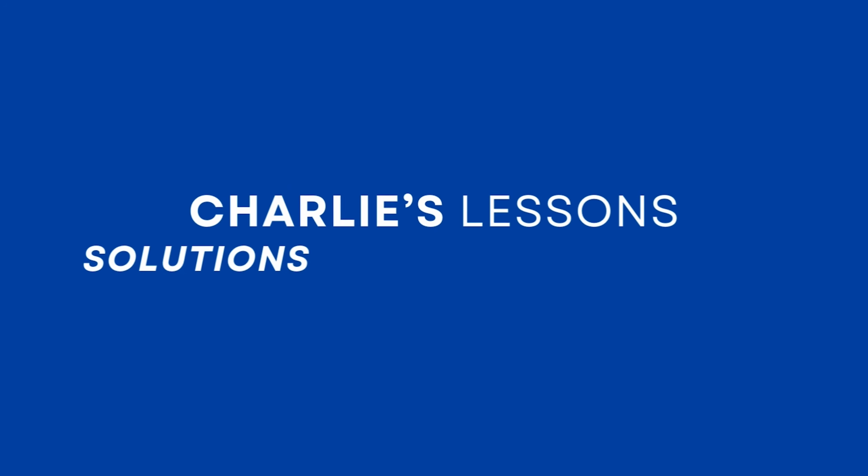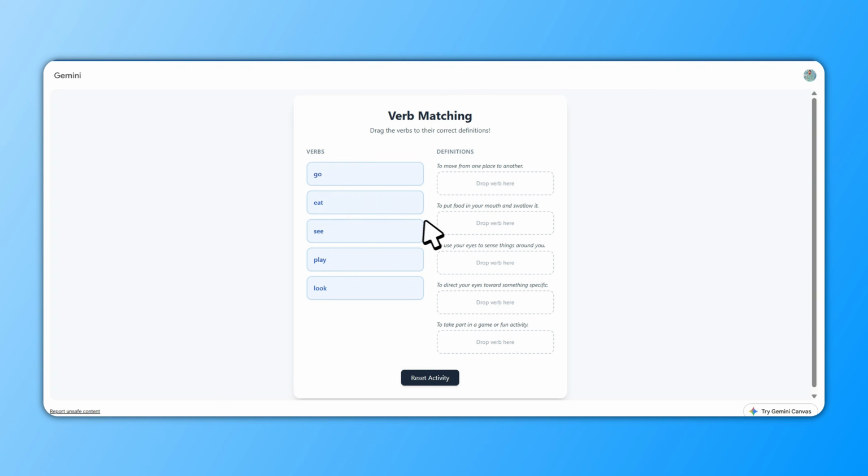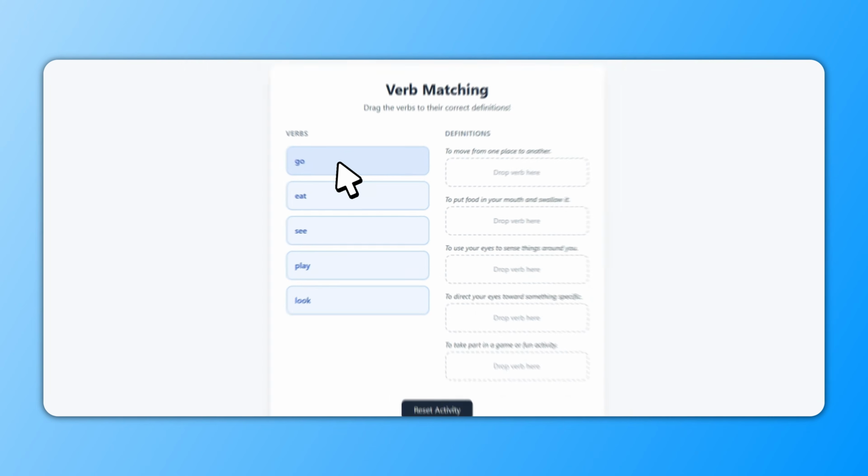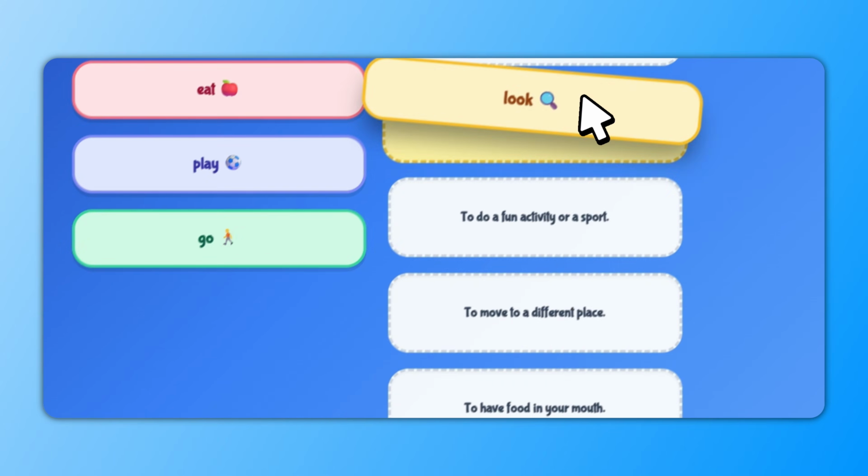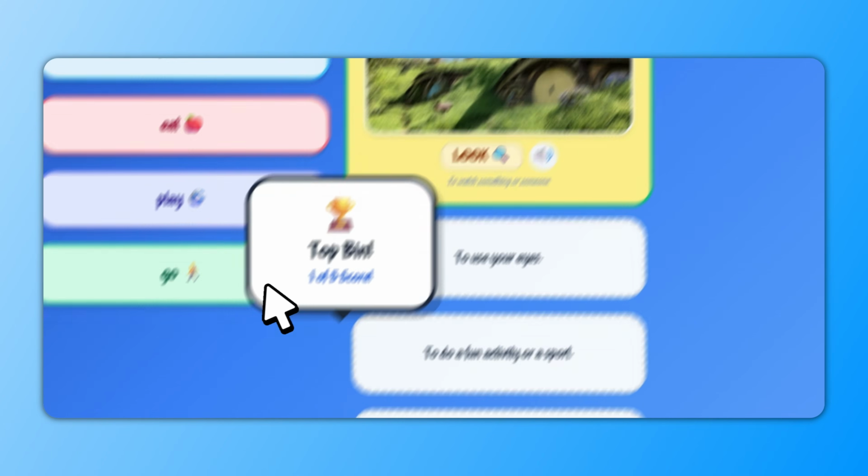In this video, we're taking a look at Google Gemini's Canvas and how we can build apps or games for our classroom in minutes. We're looking at how we can take something like this, which in my opinion is pretty cool anyway, to something like this that you can take into your class tomorrow and use